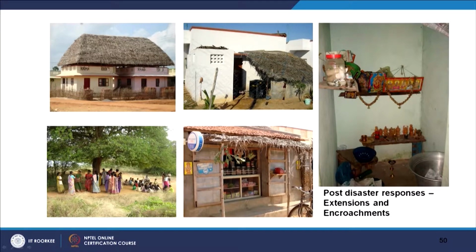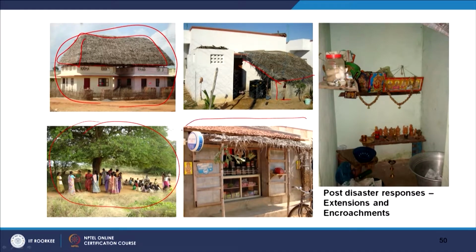People started building extensions and encroachments. Fortunately, two brothers got adjacent houses in the lottery method. So they extended one single roof to represent the sense of belonging. People started expanding their kitchens at the rear, because they don't have public places. They started encroaching on the neighborhood lands, and they started conducting some children's activities for the socialization process.